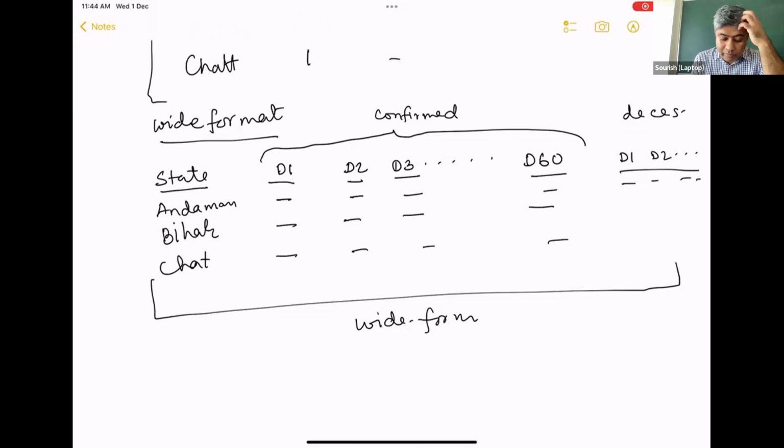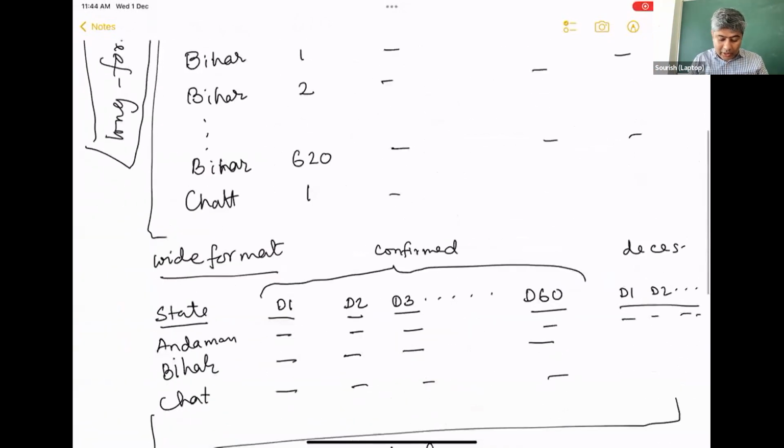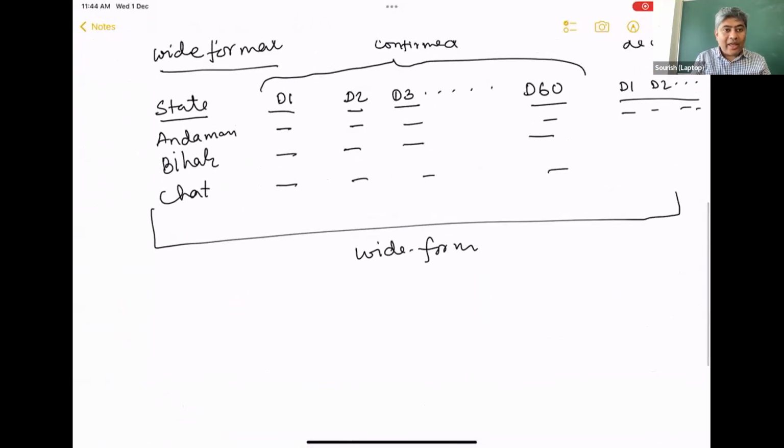So that is one problem. For viewing purposes, you will always see wide format, but if it is too wide, it's very difficult for us to think about. That is one thing. And essentially, you are assuming that all of the states will have the same number of days of observations. This is a basic problem, and this is actually a problem. Why is it a problem? Because Bihar, suppose, started the cases on day 2.